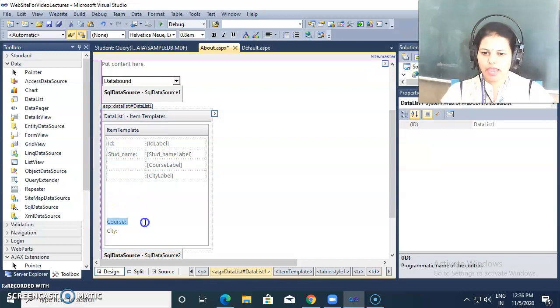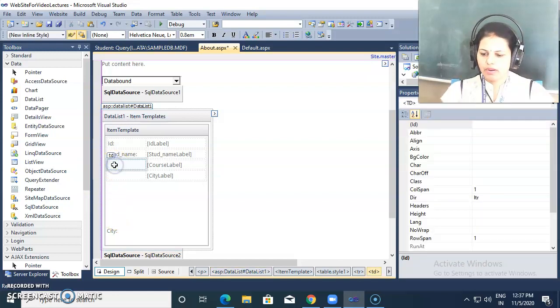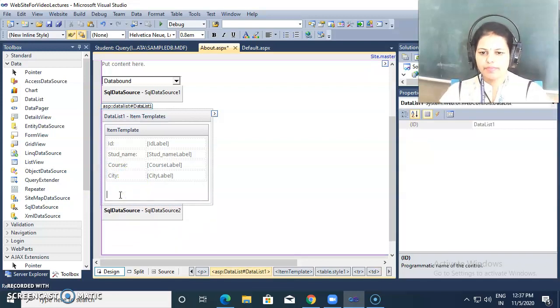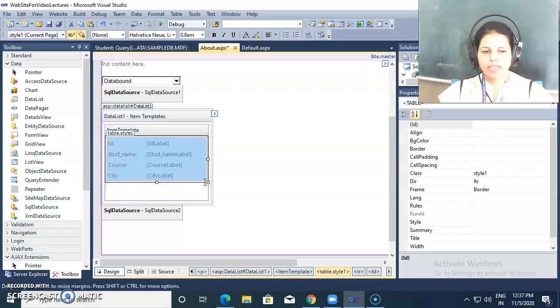Inside table the alignment should be proper. Alignment we can set properly. So I am cutting the design from here. Default design I am putting inside this table format. Now I can give the styles to this table, like frame border or cell paddings.